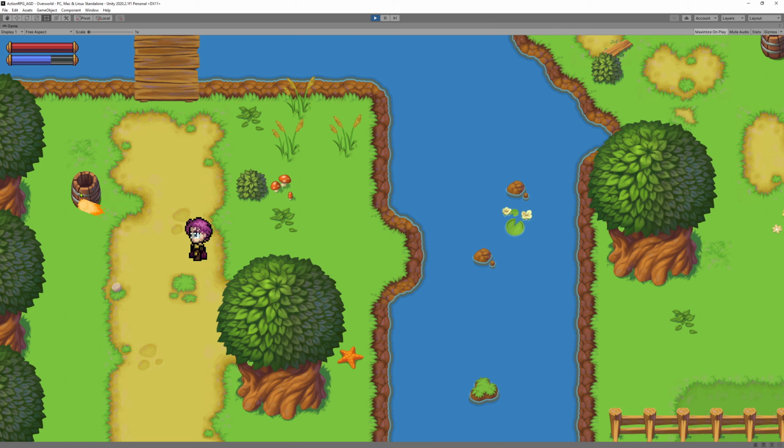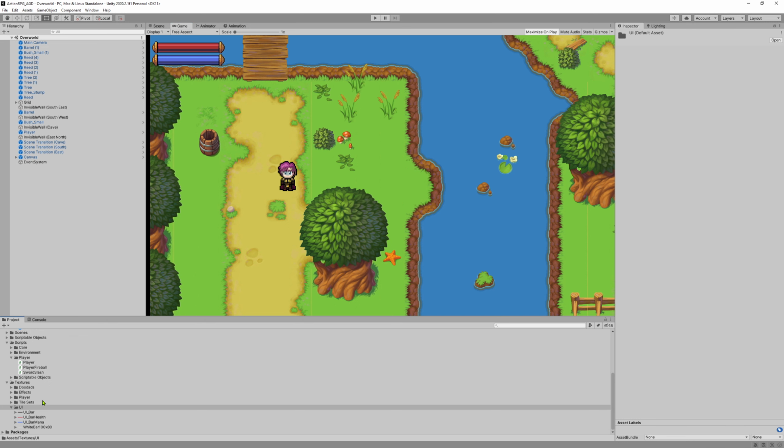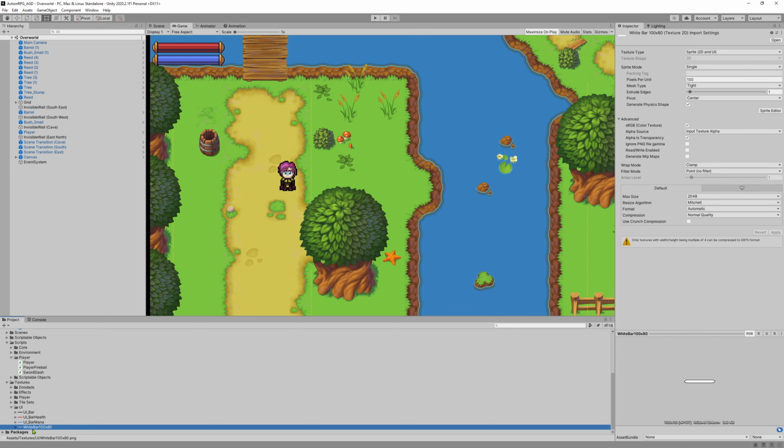This is a pretty interesting endeavor, and this video is going to cover both the coding side of it and the Unity UI side of it. So I guess let's begin. First, let's start building the UI component that's going to be the charge bar over our player's head. That's going to take us to the textures UI folder, to this white bar